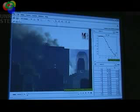Okay, I didn't turn that on. I'll turn it on next time through. But notice the building coming down. Let's turn on the little dots now. And